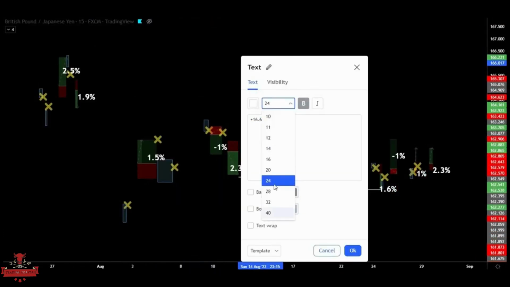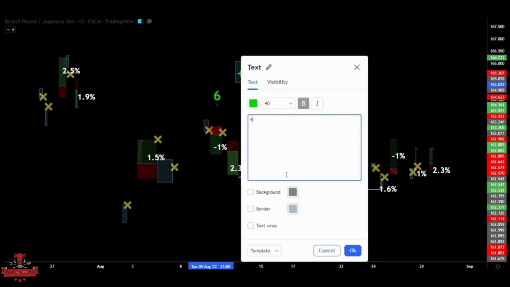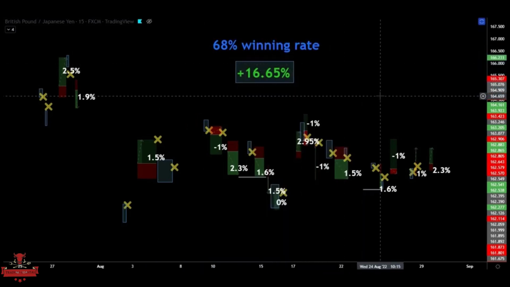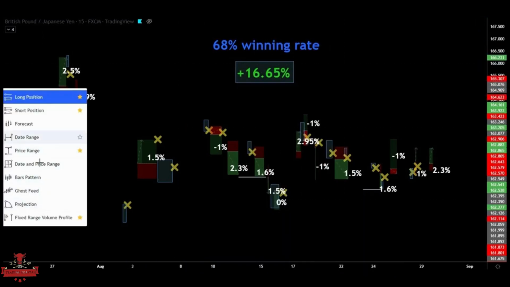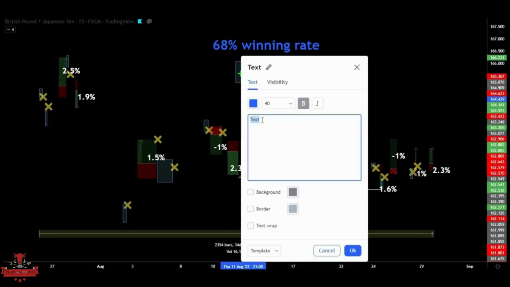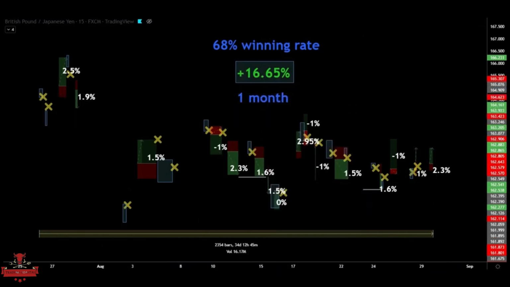As you can see, the strategy generated 16.65% in profits during 34 days, with a 68% profitability. Testing for 1 month is not enough, but gives us an idea about the profitability of the strategy. Of course, in real time, this could have generated less than 16% in profits, due to the involvement of